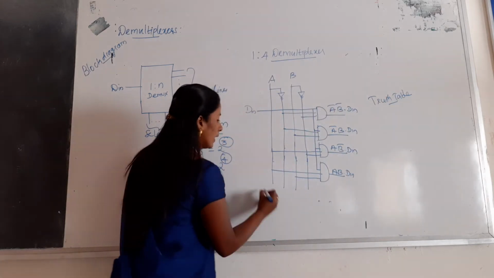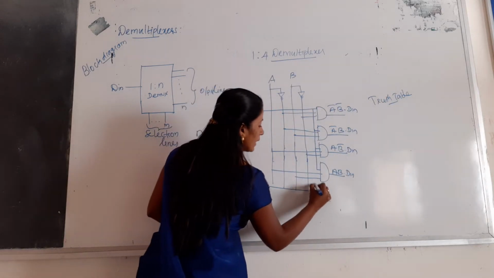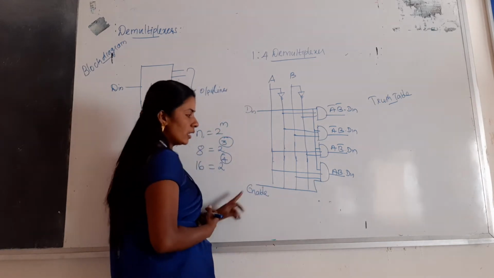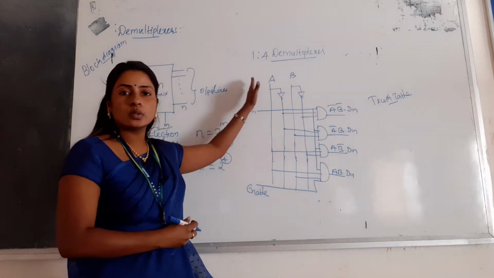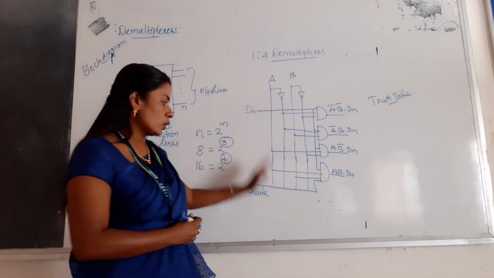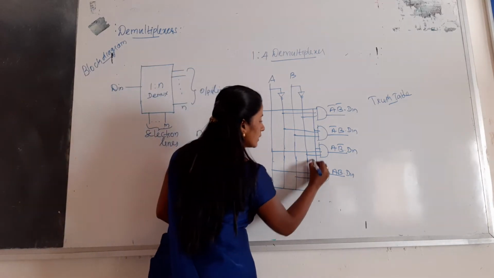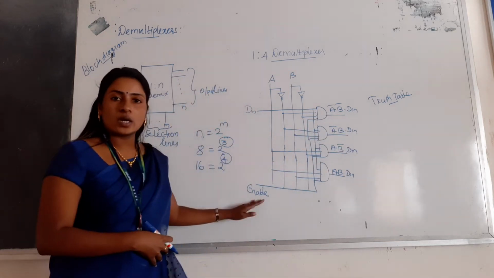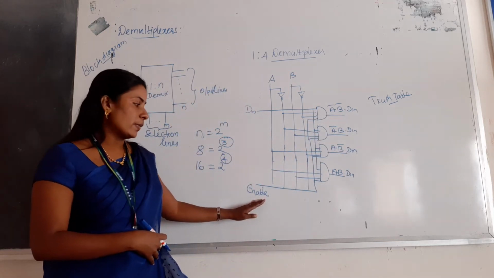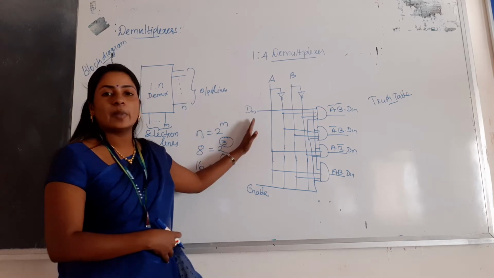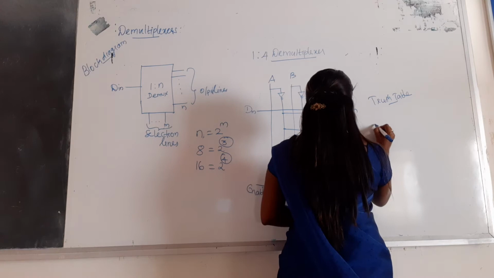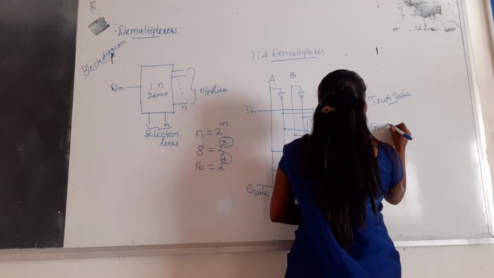See here, one more line is there, that is called the enable line. This is used to enable the demultiplexer, so this line should be connected with all the AND gates. This enable pin should be 1, then only the demultiplexer will work. So, the truth table: enable,